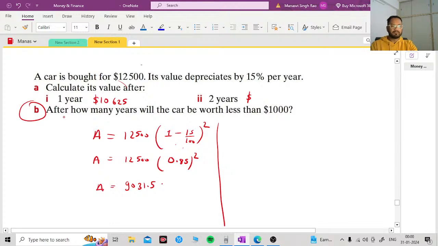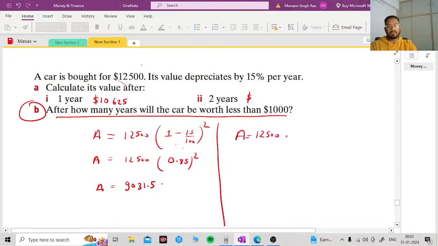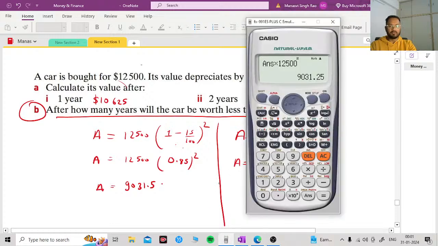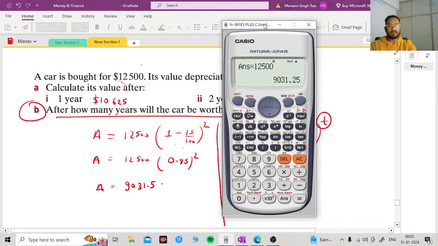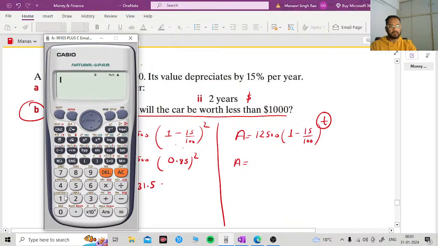Tomorrow we'll do factorization. After how many years will the car be worth less than $1,000? Now here what you need to do is apply hit and trial. It will take less time for you. So it is 12,500, 1 minus the rate is 15% upon 100, and here the time is t. Now you keep putting values in place of t in the calculator. Let me show you how. You have to apply the hit and trial method here. So what you will do, you write 12,500 multiply by, then bracket 1 minus 15 divided by 100